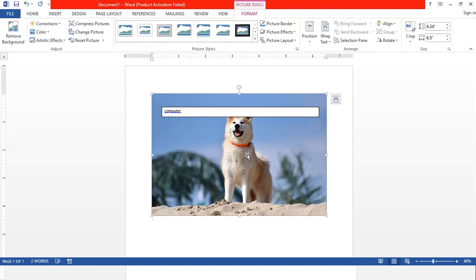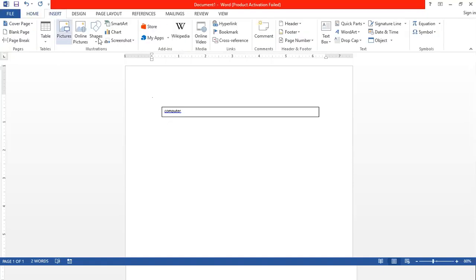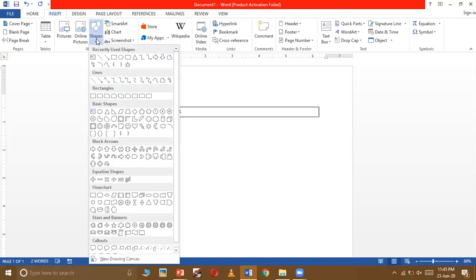Now the third topic of today was to insert shapes. Now you have already seen how to insert shapes, or you have already used the option of inserting a shape. For inserting a shape, again we need to go in the insert tab. After going in the insert tab, this time you will click on the shapes option, because we are going to insert a shape. Click on the shapes option, and then from the drop down menu, you can select whatever shape you want to insert. For example, I'm going to select this rectangle shape or this oval shape.